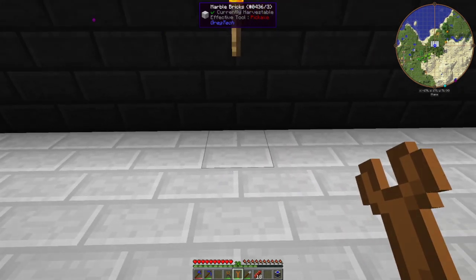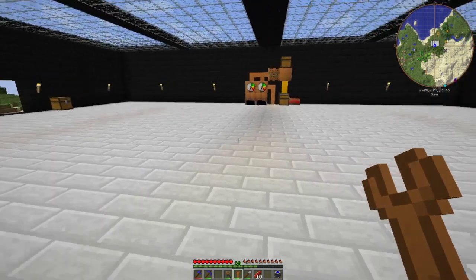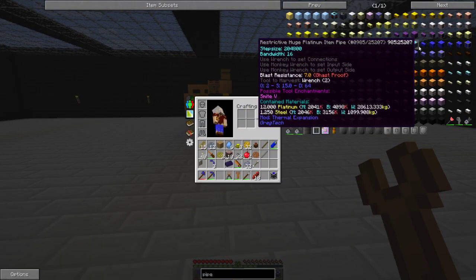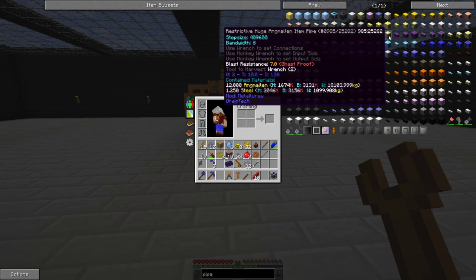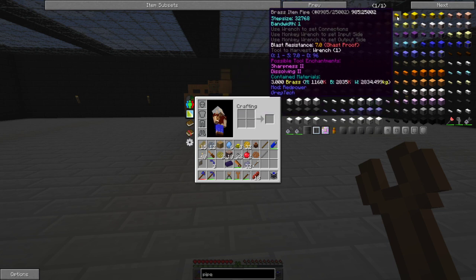Anything that couldn't fit in chest A would then go in chest B to make biomass, and then chest 3 would be going to a trash can, an Ender trash can, to dump anything so as not to back up my system. Then I would want to put something like a platinum pipe on the first chest, something like an electrum pipe on the second one, and the brass